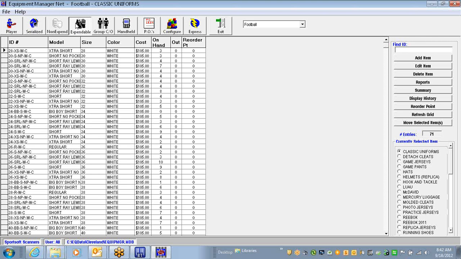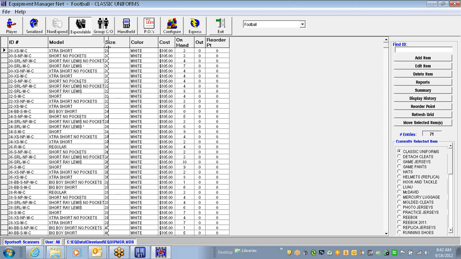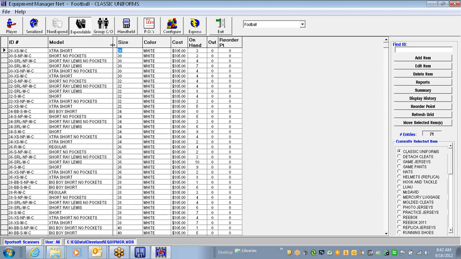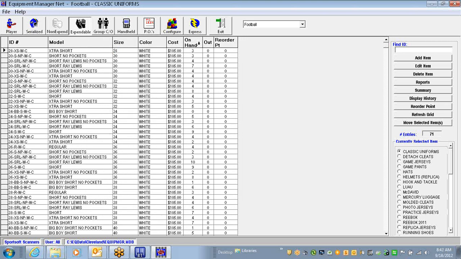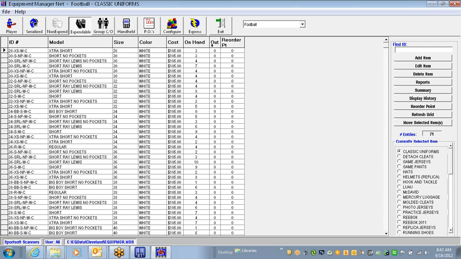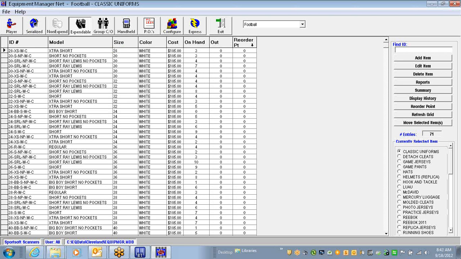Then I'll put that under expendable equipment. So in other words, once it goes out of my inventory, that's it. It's out the window. And by the way, when you check something out to an individual under expendable and non-expendables, what happens is that we have these columns right here: this on-hand column, this checked out column, and this reorder point column, which I'll cover in just a sec. But on this on-hand column, what happens is it takes it out of your inventory right here,